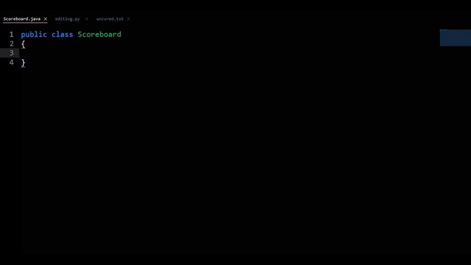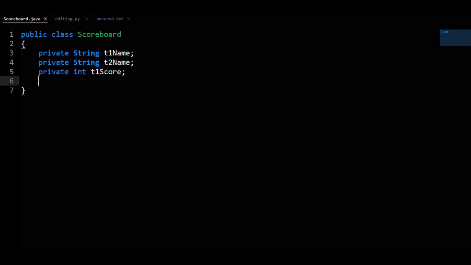So to start off with, our member variables, private string T1 name, to represent the name of T1, private string T2 name to represent the name of team 2, private int T1 score to represent the score of team 1, and private